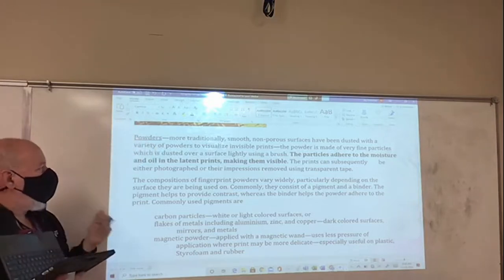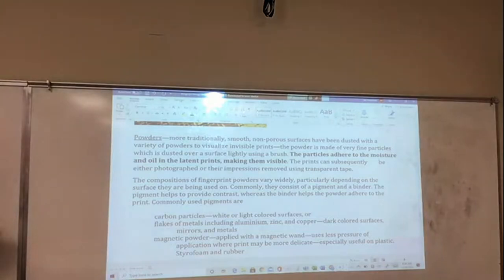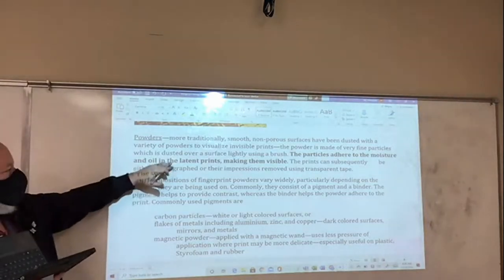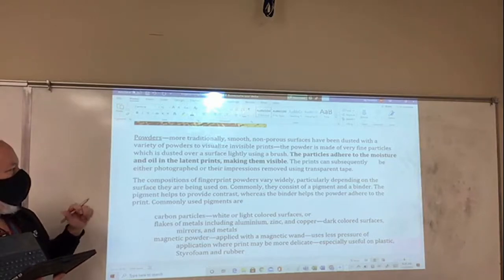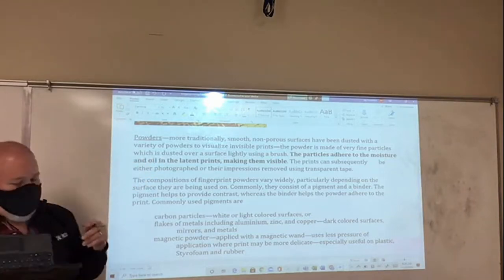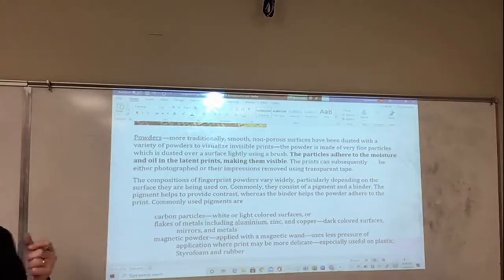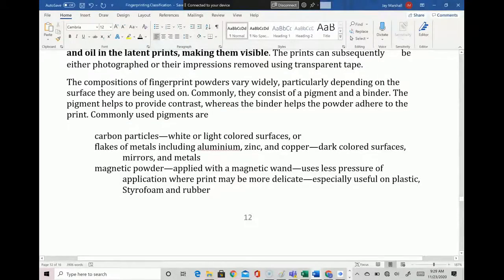The powder's made of really fine particles of material that's dusted over the surface slightly, and the particles adhere to moisture and oil in the latent prints. So the particles literally attach themselves to the moist areas of these fingerprints, and then we can subsequently photograph or take the impression, remove the impression using a transparent piece of tape, and we'll do that as well. We'll take fingerprints and then we'll lift them using tape, and then we'll try to take some pictures of them. But anyway,